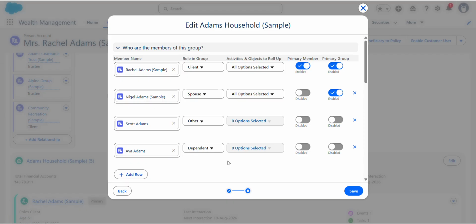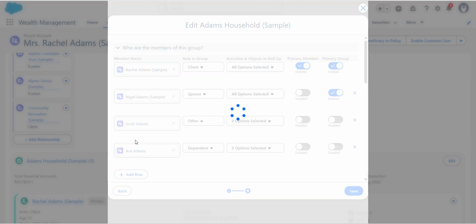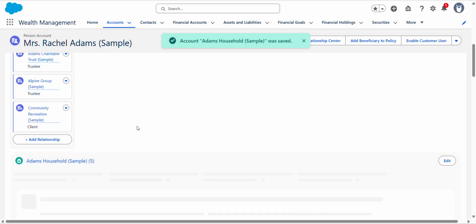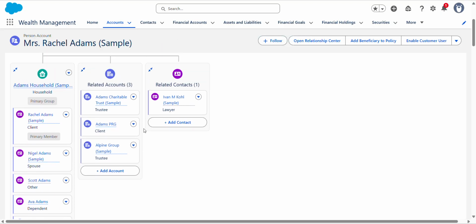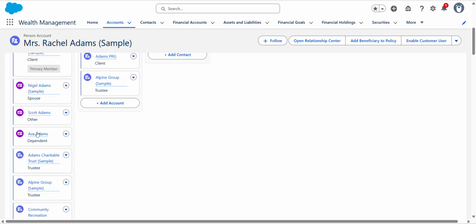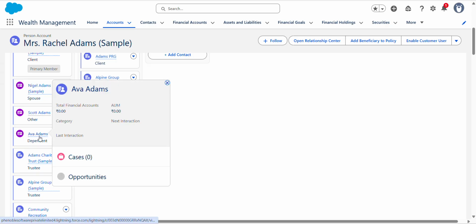So let me just click on dependent and click on save. Okay, so if you see here, we added Eva Adams in Rachel's Adams household, right?